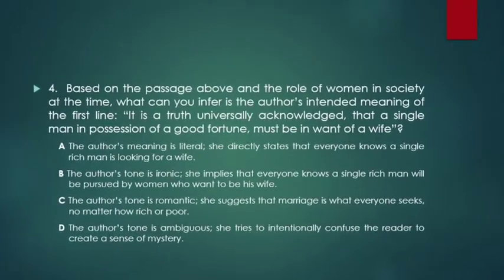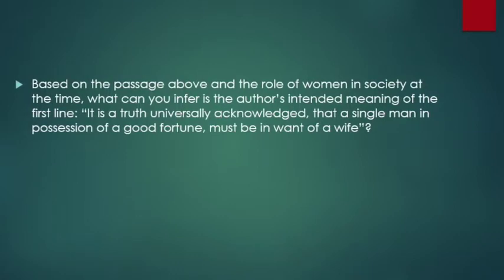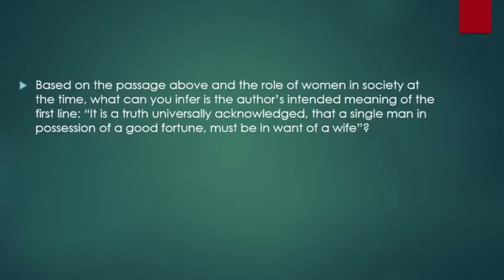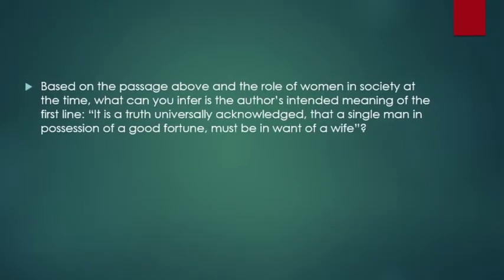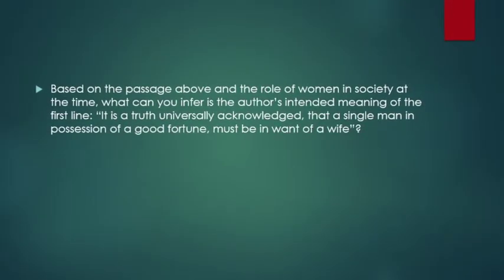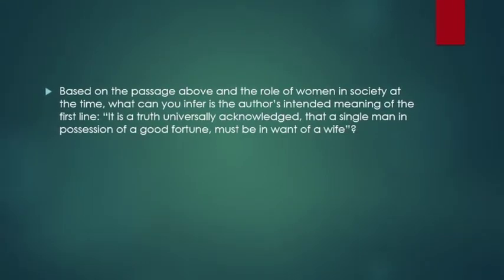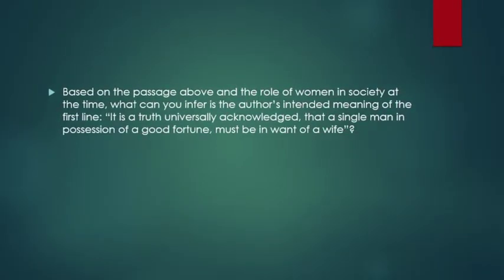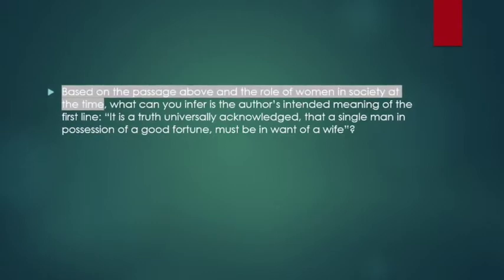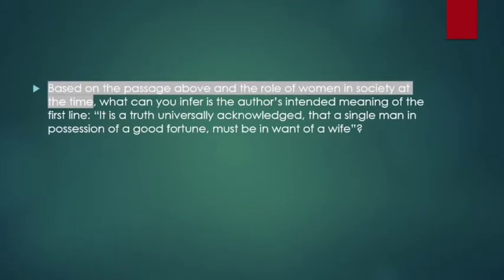Now on to my last question. Once again, I'm going to skip those answers and just look at the question itself. My question is saying, based on the passage above and the role of women in society at the time, what can you infer is the author's intended meaning of the first line? It is a truth universally acknowledged that a single man in possession of a good fortune must be in want of a wife. So the first thing I'm looking at is I notice that I'm going to have to look at the passage and the last